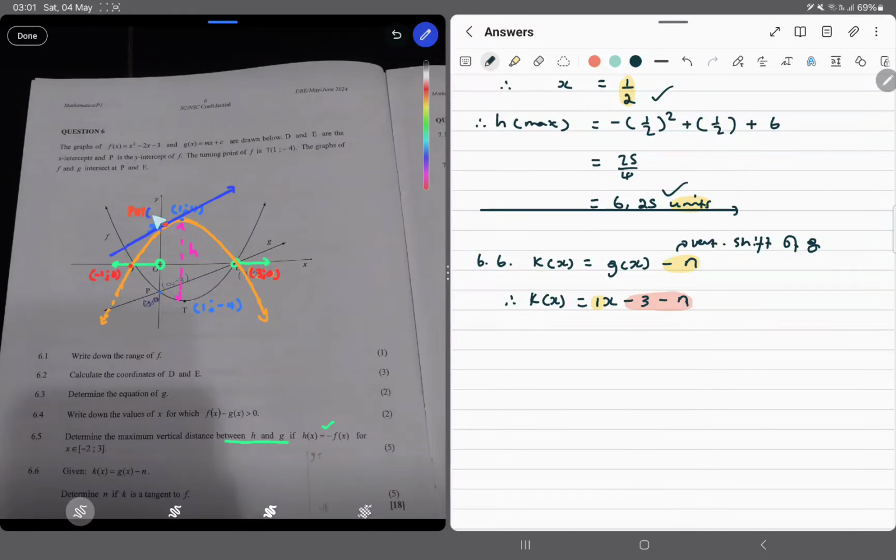So the point has coordinates x, y, and we need to find that point of tangency right there. So that is not a problem. We can work it out. We know the gradient. So we know that at